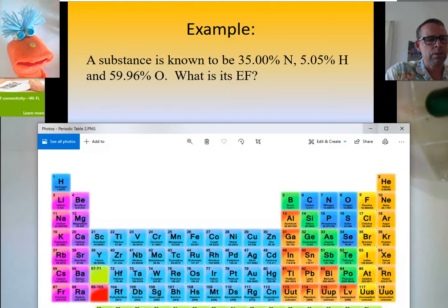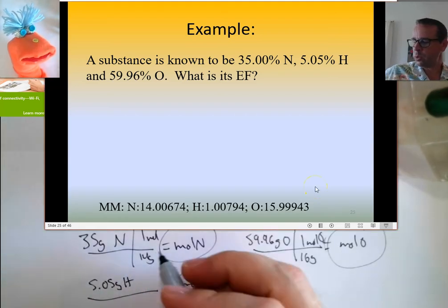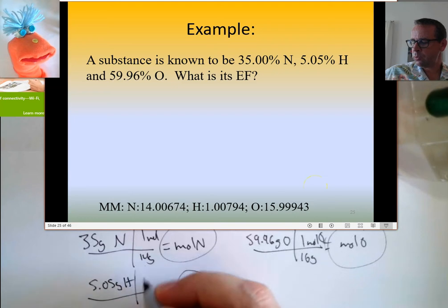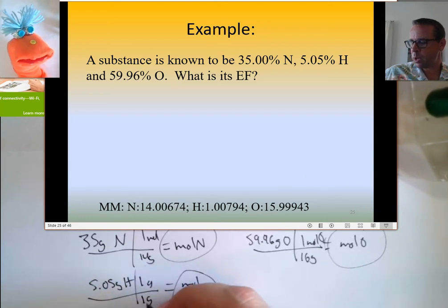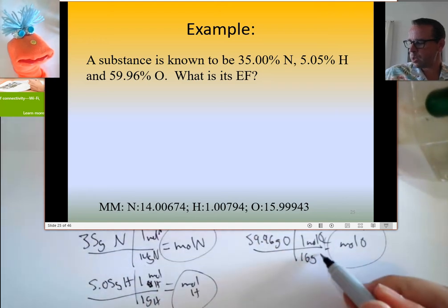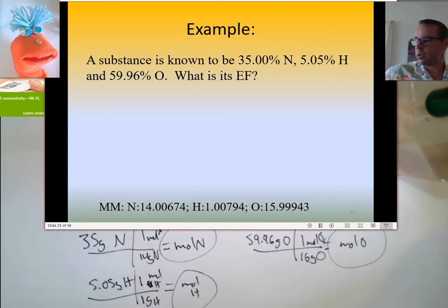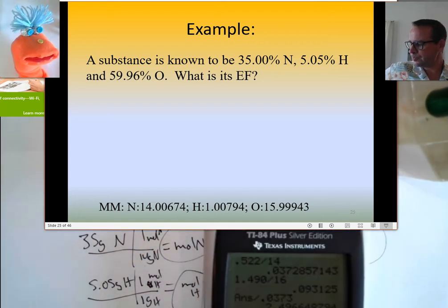Yeah, see underneath the nitrogen, the 14 there, the units on that 14 are how many grams you need to get 1 mole. Very good. So if I'm converting from gram to mole, I divide by my 14. For hydrogen, it's pretty much 1 gram for every mole of hydrogen. This is moles of nitrogen, moles of hydrogen, moles of oxygen. Okay, very good. So 35 divided by our 14,